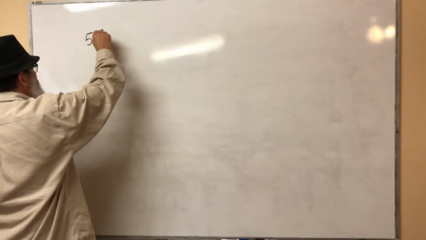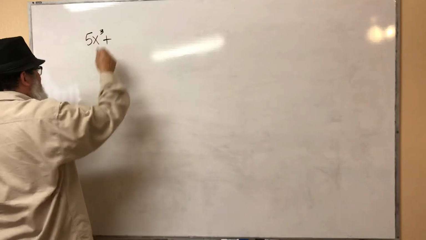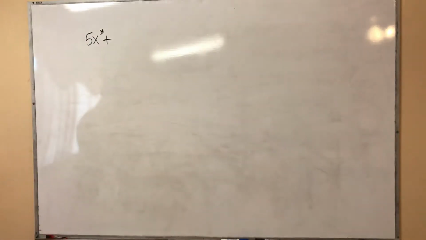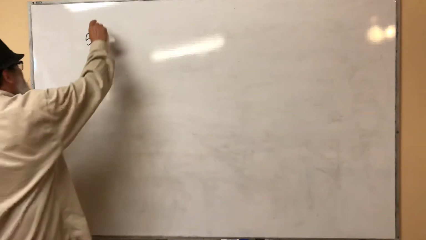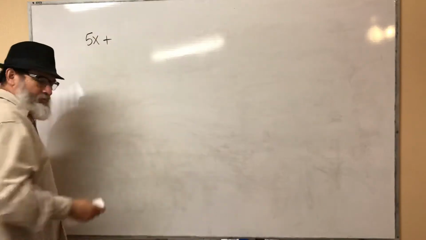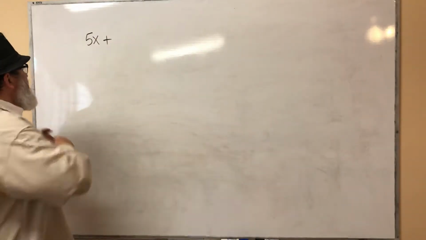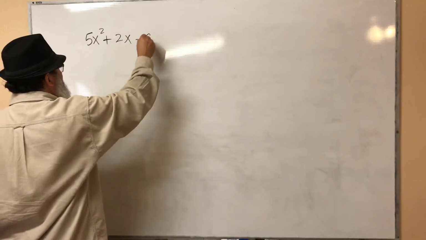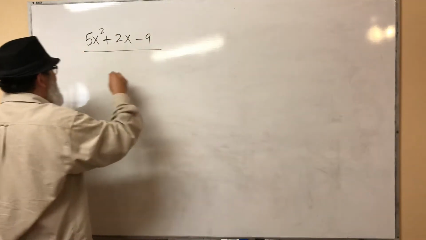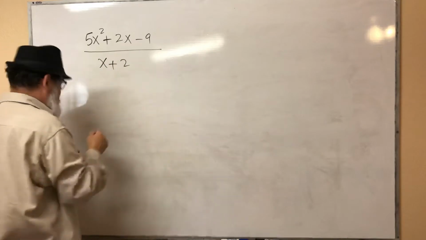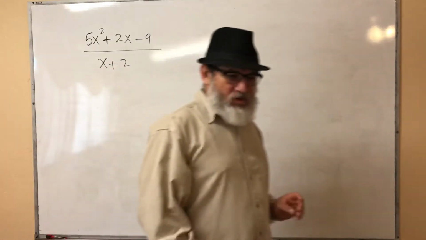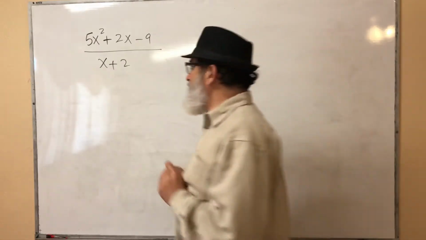5x to the third plus, let me say squared. Okay. 5x squared. Make it easier. 5x squared plus 2x minus 9 divided by x plus 2. Okay, so we're going to do long division. So we're dividing